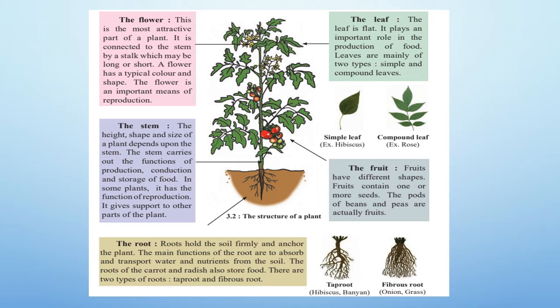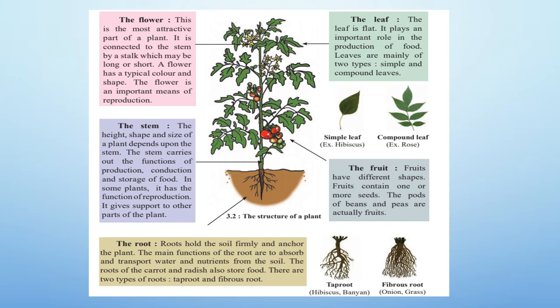Now we study all the parts in detail. The figure given below shows the structure of a plant. First one, the flower. This is the most attractive part of a plant. It is connected to the stem by a stalk which may be long or short. A flower has a typical color and shape. The flower is an important means of reproduction. With the help of the flower, plants can